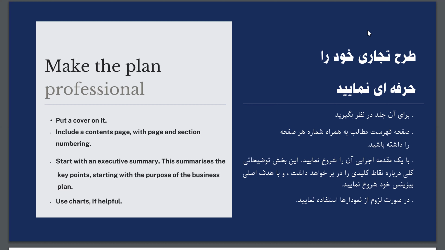Start with an executive summary because oftentimes, again, an investor, if you're going to get funding from angel investors, oftentimes you might be the 5th business they've seen that day. They really just want the highlights. They'll read through the rest later if they're interested. So have an executive summary that summarizes all the most important information they need to know about your business.